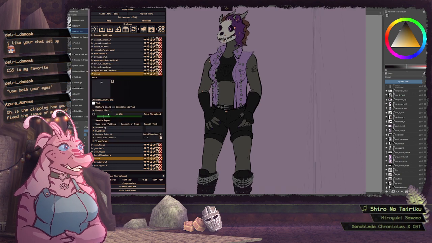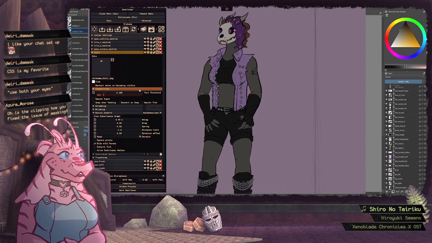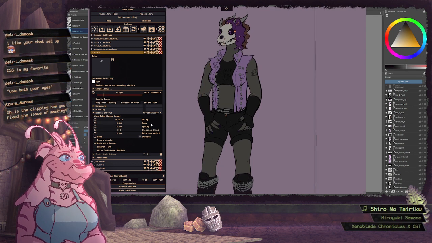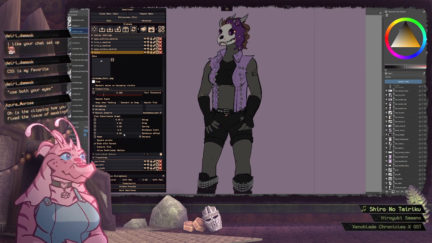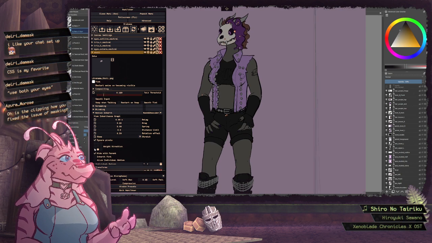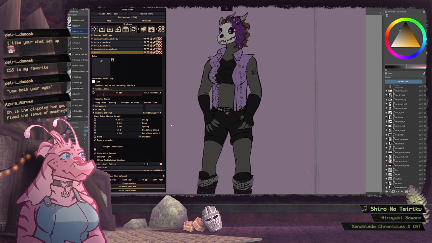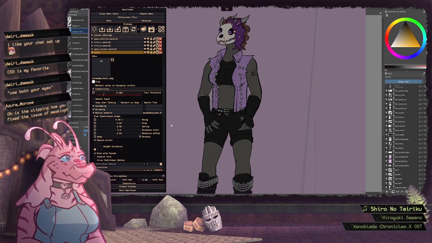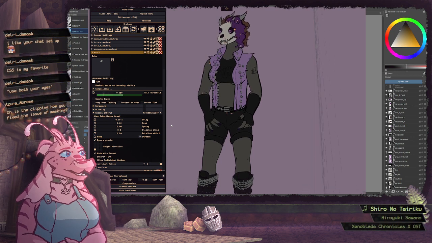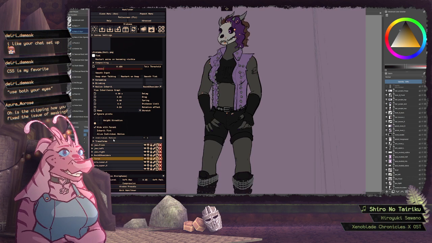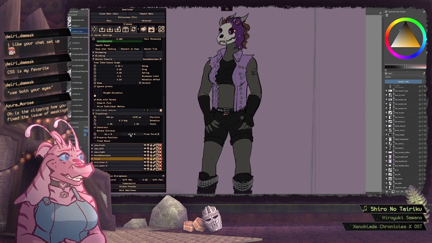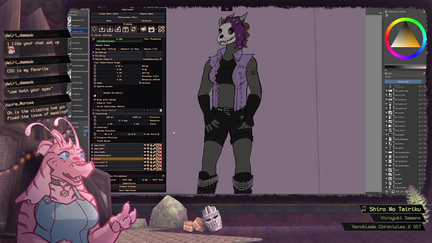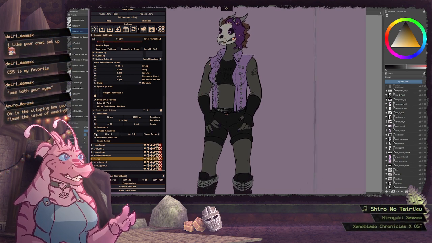Okay, so for the skull, I'm just going to have a little bit of rotation effect, and tell it where the weight is. So, yeah, maybe that's a bit too much. Hang on, maybe the pivot point's in the wrong place. How about that? Or maybe that.